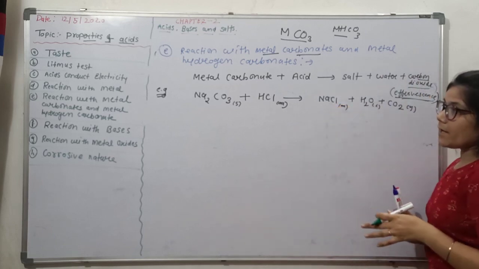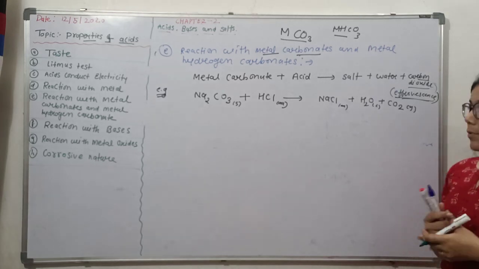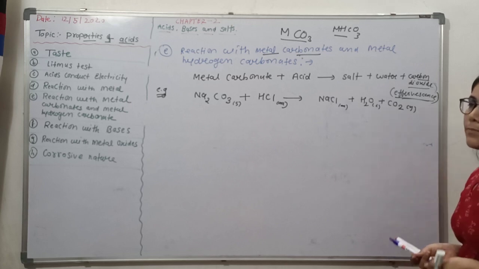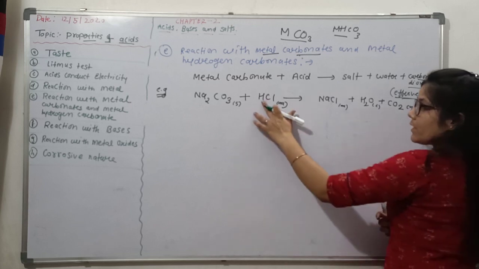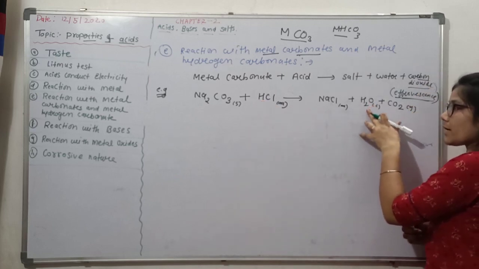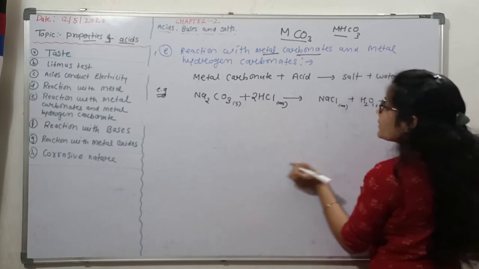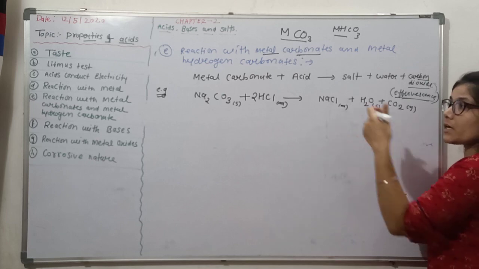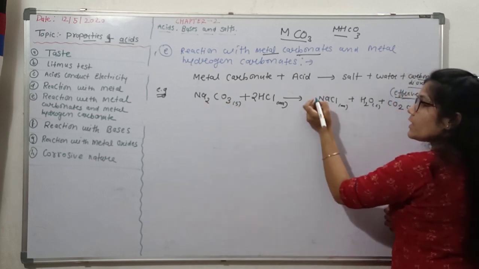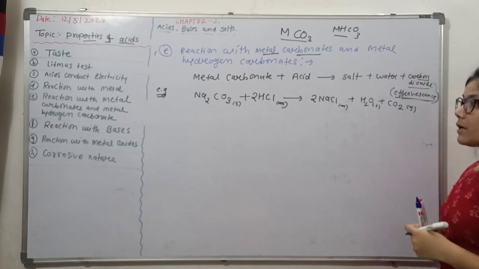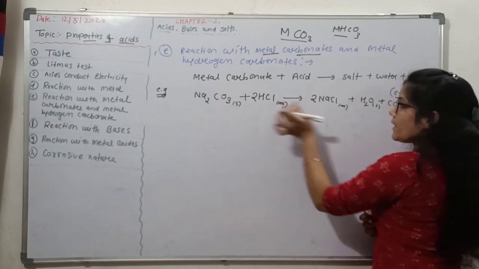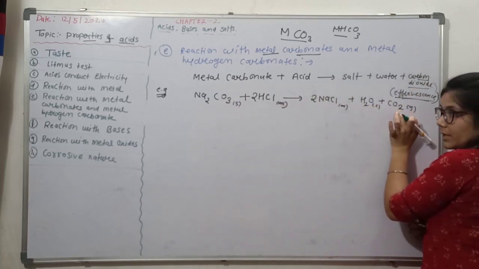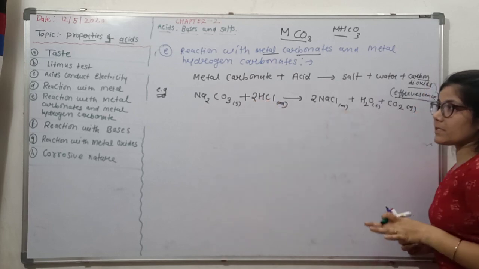My dear students, in chapter 1 we discussed the balancing of equations. This equation is not balanced, so let's balance it. Here we have one hydrogen, but on the product side we have two hydrogen, so make it 2 here. So the hydrogen will be balanced. Now check sodium: here it is 2, there is only 1, so make it sodium twice there. Now check the whole equation: 2Na, C, O3, 1 plus 2, O3 and 2 chlorine. The equation is balanced.